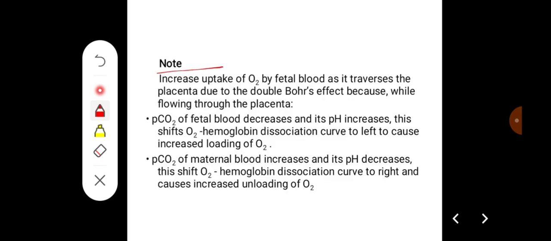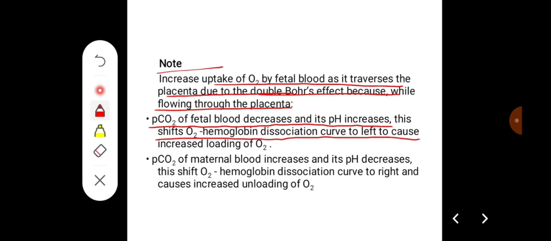Note the increase in the uptake of oxygen with fetal blood as it traverses the placenta, due to the double Bohr effect. While flowing through the placenta, the PCO2 of the blood decreases and its pH increases. This shifts the oxygen hemoglobin dissociation curve to the left to cause increased loading of oxygen, and PCO2 of the maternal blood increases as its pH decreases. This shifts the oxygen hemoglobin dissociation curve to the right and causes increase